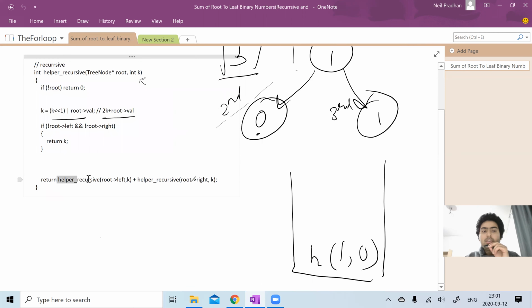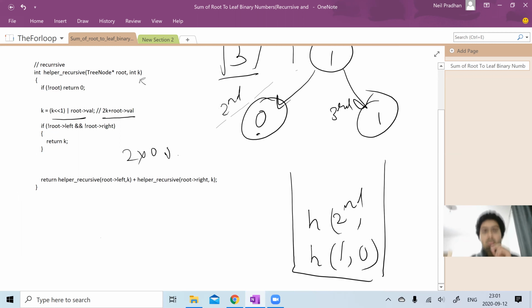Otherwise we go to root dot left and root dot right, and it's going to check if those exist or not, and so on. So here we have the second node, and the k associated will be 2 into 0 plus 1, so k will be 1, right? And here we'll have the third node and k will be 1.